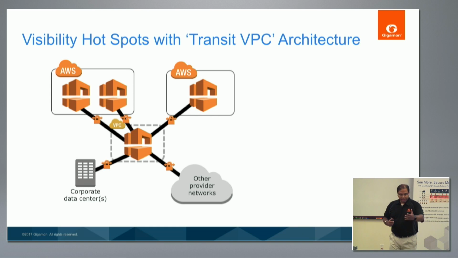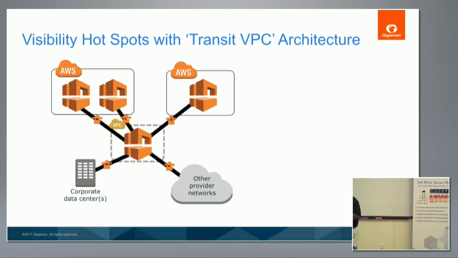A second use case, I think somebody asked about, do you need an agent? So a question to ask is, how does the network look? How are they traversing to the cloud? Do they use a transit VPC, for example, or do they use a single VPC, multiple VPCs? No two customers are the same, so they have different deployment architectures. So in this case, let's say they have a transit VPC